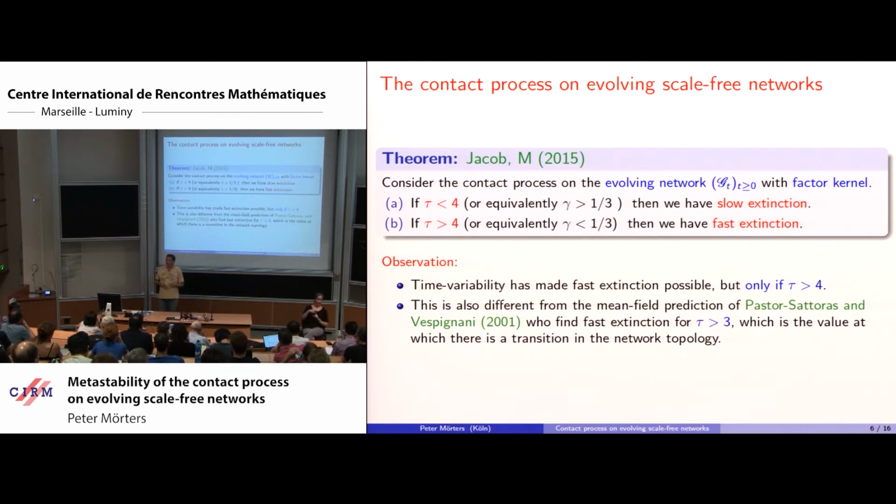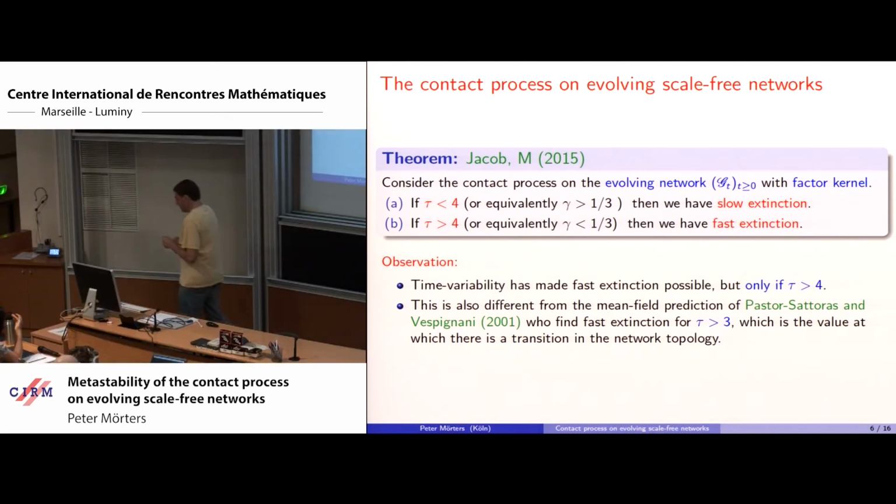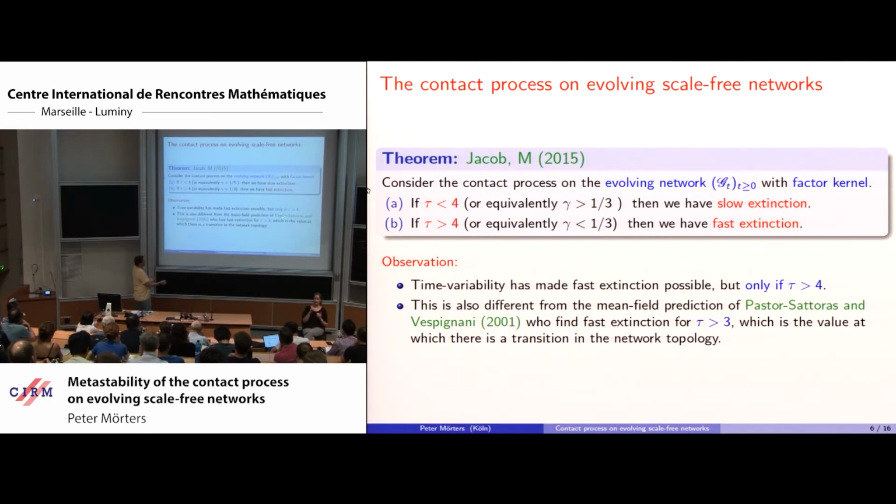And tau equal to 3 is what people working on scale-free networks expect as a typical phase transition point, because the topology of the graph changes when tau passes the value 3. For example, when tau is less than 3, the typical distance of two points on the graph is doubly logarithmic in the size, whereas when tau is bigger than 3, it's logarithmic. If you look at percolation, the critical percolation parameter is 0 when tau is less than 3 and positive when tau is bigger than 3. So phase transitions at tau equals 3 are standard. A phase transition when tau equals 4 is very unusual,